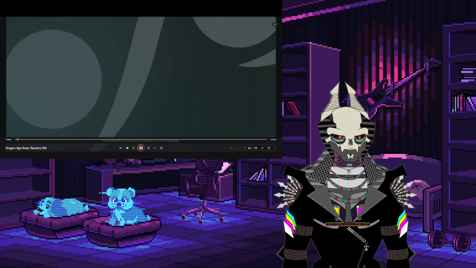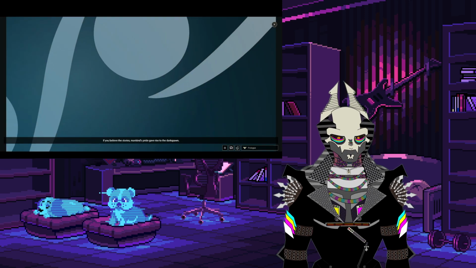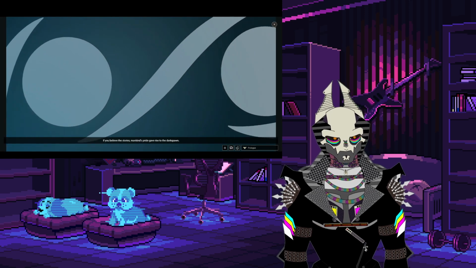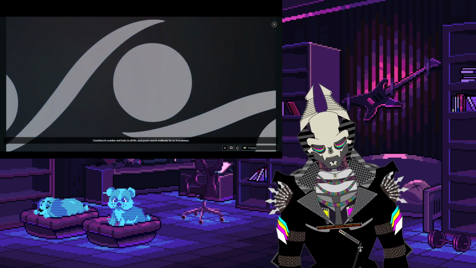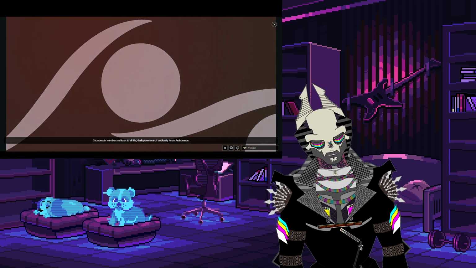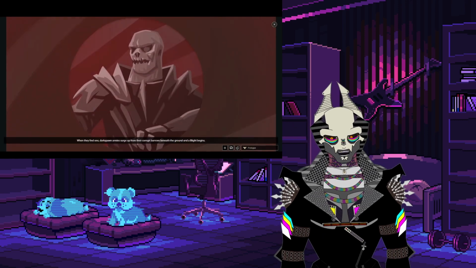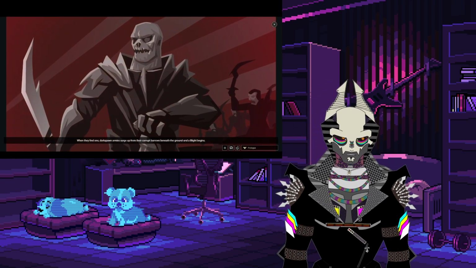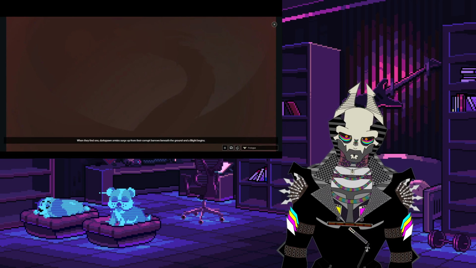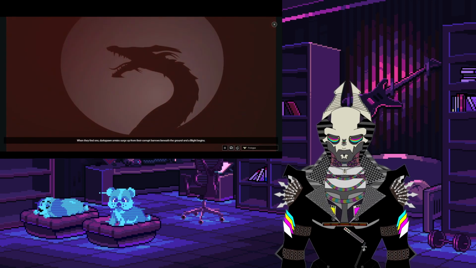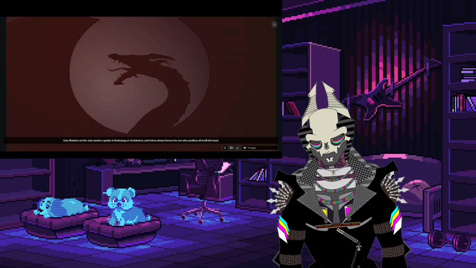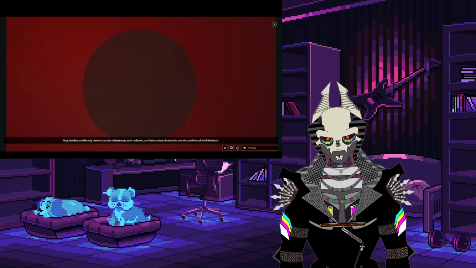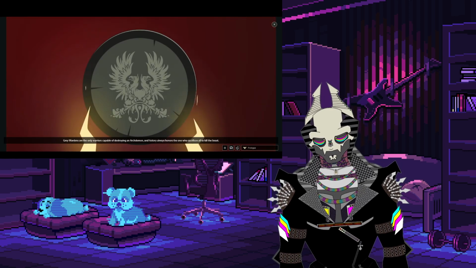If you believe the stories, mankind's pride gave rise to the Darkspawn. Countless in number and toxic to all life, Darkspawn search endlessly for an archdemon. When they find one, Darkspawn armies surge up from their corrupt barrows beneath the ground, and a blight begins. Grey Wardens are the only warriors capable of destroying an archdemon, and history always honors the one who sacrificed